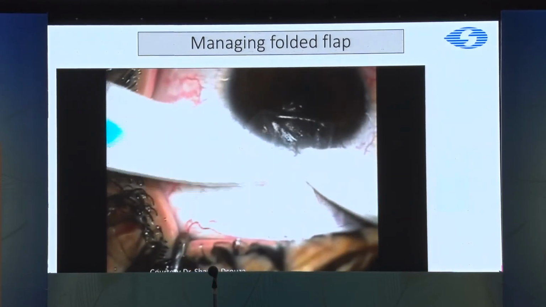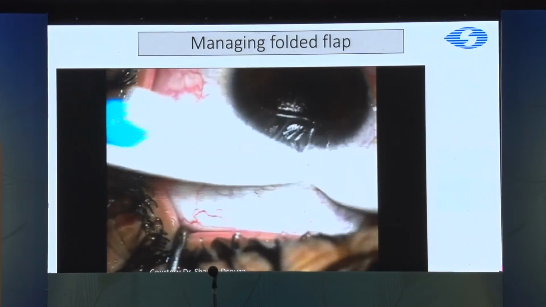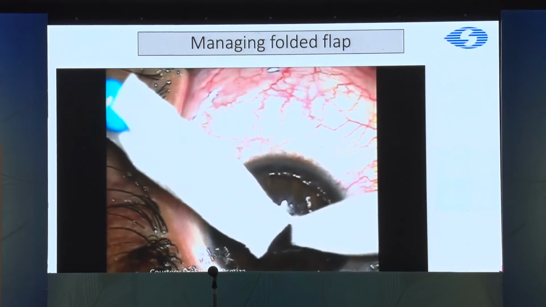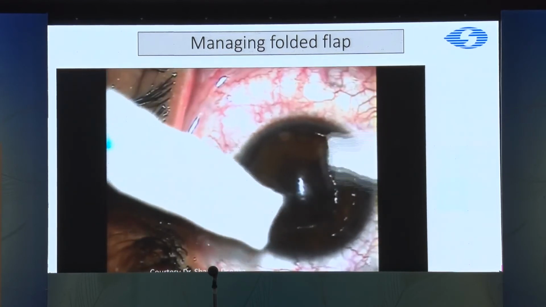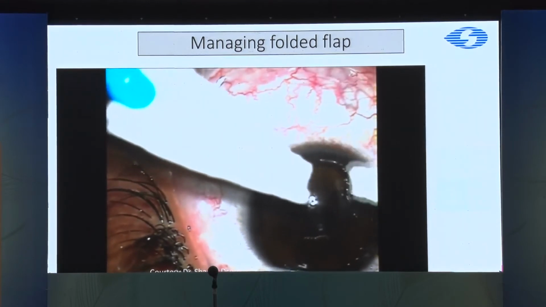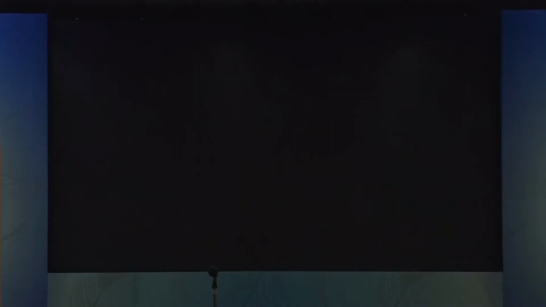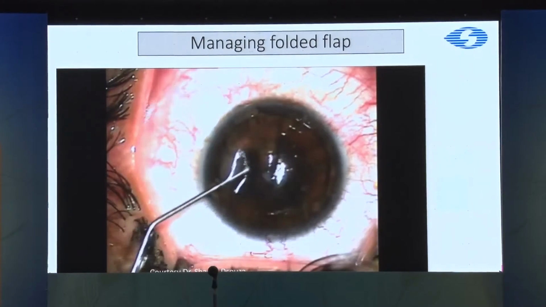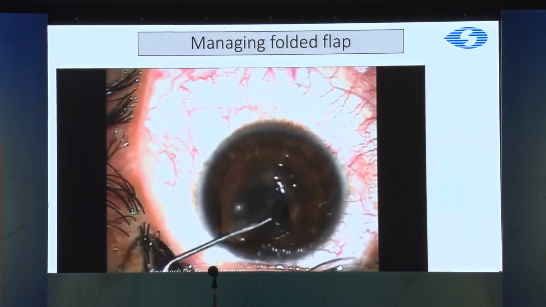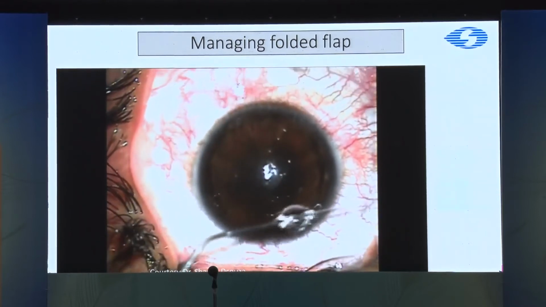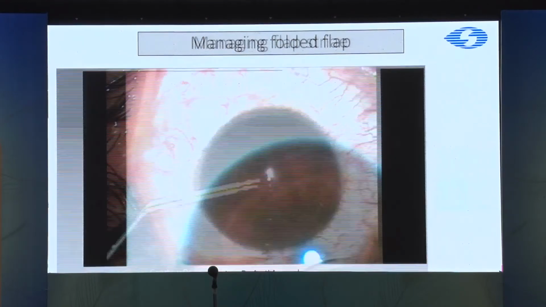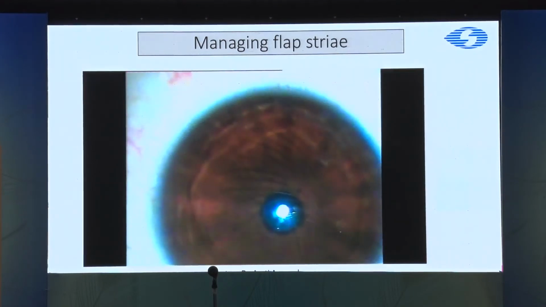What we need to do is to carefully lift the flap after hydration of it, then if we are seeing any striae, try to pull it in two separate directions with the Merocel sponge, and remove the epithelium, because that's a very important factor that tethers the flap striae in place. So if you want to remove flap striae, it's always important to look at the epithelium. If it's immediately post-op, you can get away without removing it, but most of the time it is advisable to remove the epithelium for managing flap striae or folded flap.